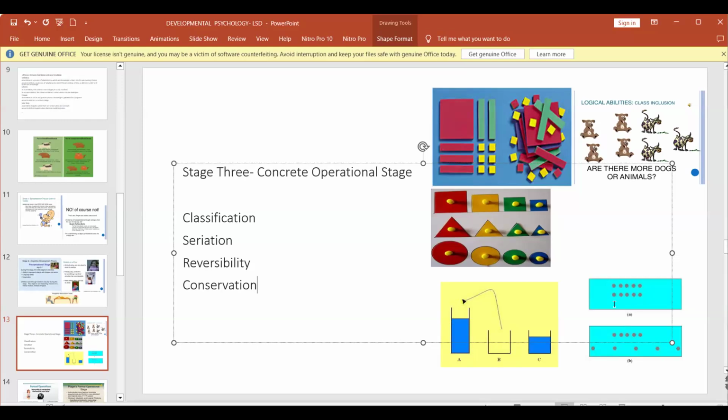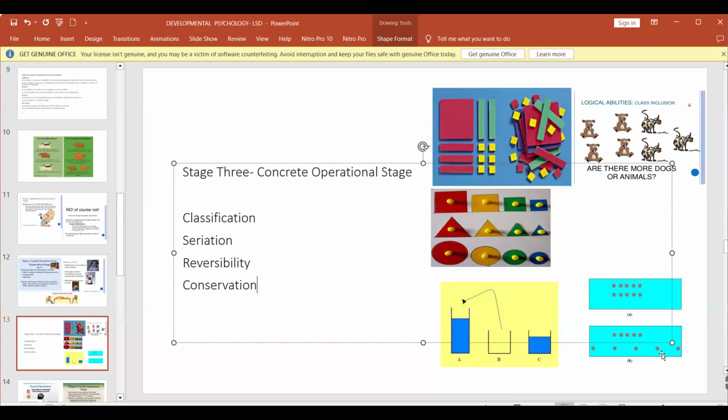Another example, look at this. The 3 balls. In picture A, you can see they are spread of equal length. But in picture B, one is in a small space and the other you have spaced out. If the child says the bottom line has more teeth, the child has not developed the concept of conservation. The child should understand it's the same number of teeth, but spread out. If that ability is there, the child has developed the concept of conservation.